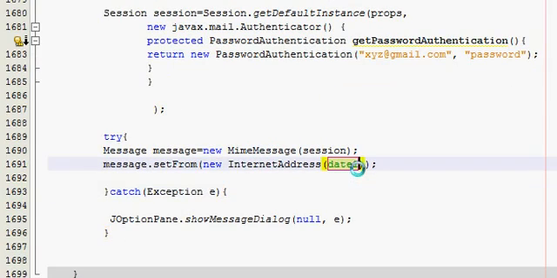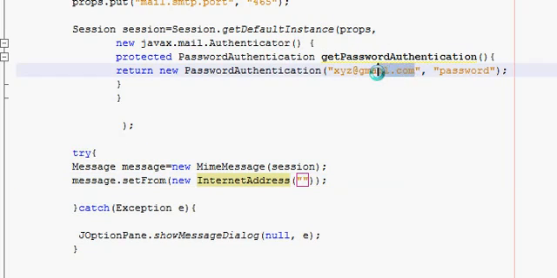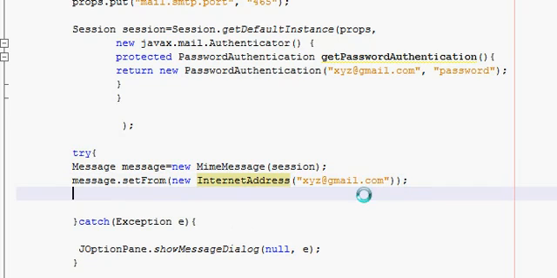So in here you will write this, and here you will provide your email ID which you have written here, or whatever name you want to write. So from your email ID you have written, and then you will write